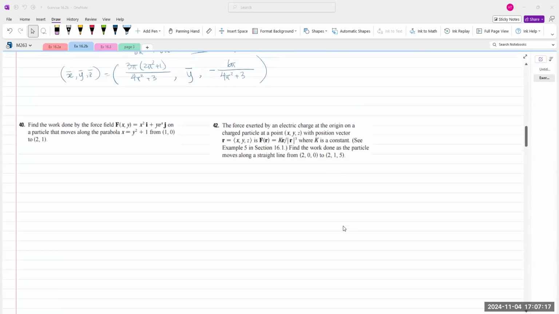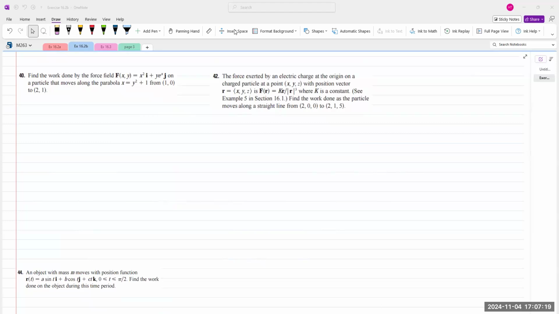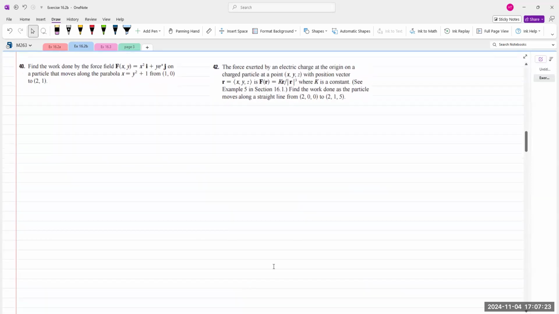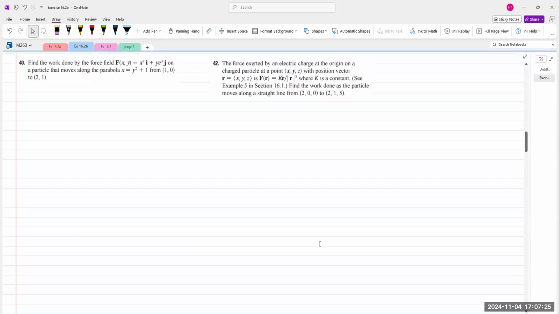Let's go on with number 40. Let me give myself some space so that I don't feel like it's crowded. Number 40, find the work done by the force field F. Let me write it down. The vector field right now, F of x, y, is given by x squared, y e to the x,